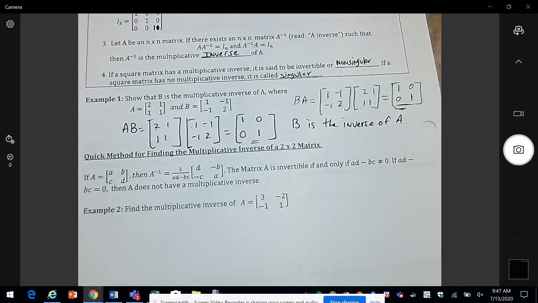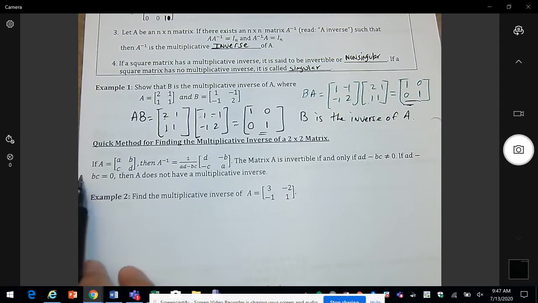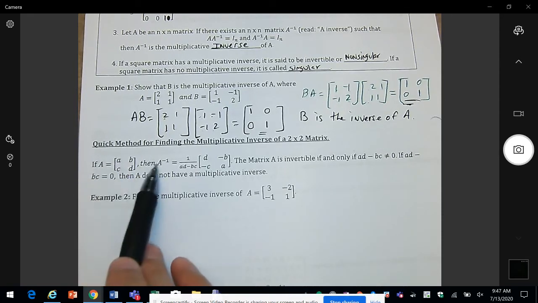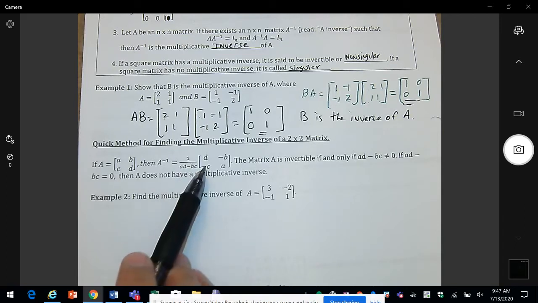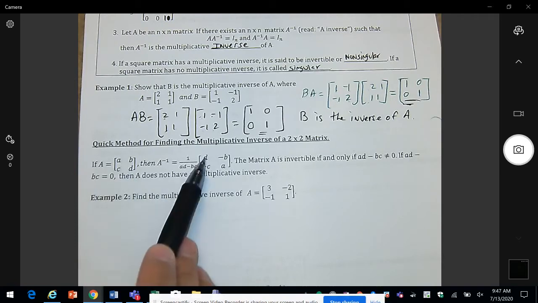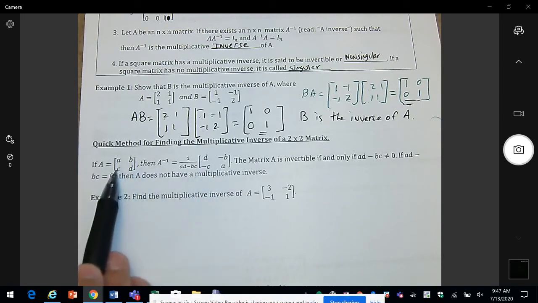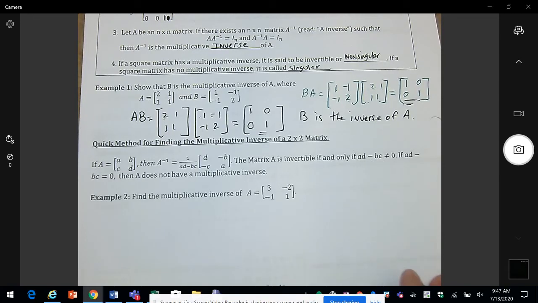However, we're going to focus on a quicker method. And this method only works for a 2 by 2 matrix. It says if A is equal to A, B, C, D, then the inverse is given by 1 divided by AD minus BC. Notice what happens in the matrix here. The D and the A are switched, and then the B and the C, we change the signs. If we multiply AD and subtract B times C, if we get 0,